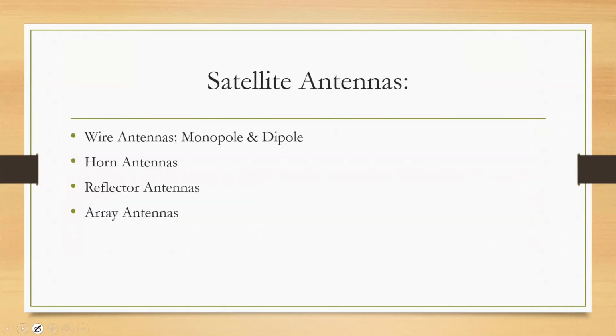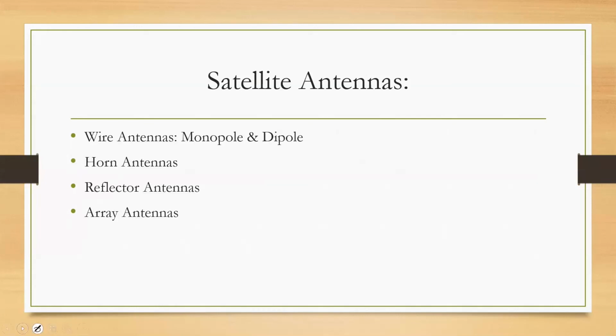The satellite antennas are wire antennas. They are omnidirectional antennas, normally used while launching, because when you are launching, you need omnidirectional communication so that you receive the signal continuously. Horn antennas are majorly used on your satellite because they act like a matching between the waveguide and the free space, and they are a good device to connect the signal from the waveguide into free space. With a larger aperture, they have a large coverage area.